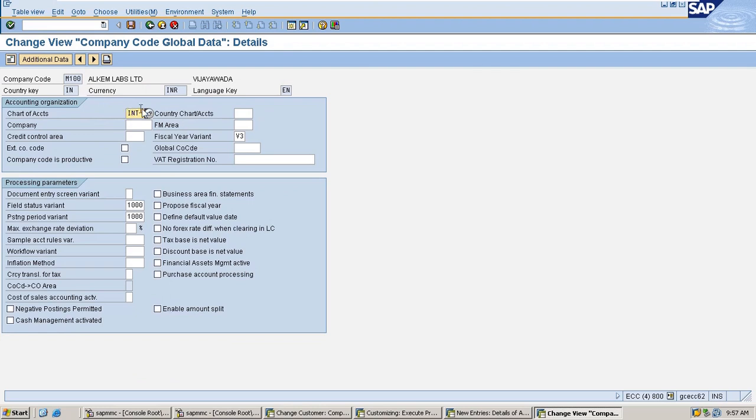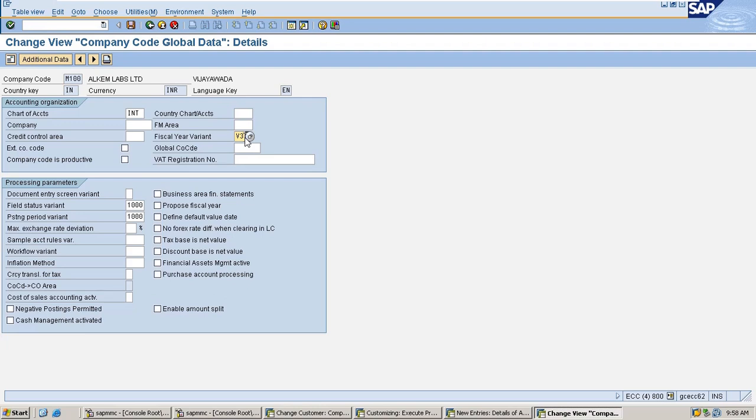Then here you have to give the chart of accounts as INT, fiscal year variant as V3, field status variant as 1000 and posting period variant as 1000. There are two types of fiscal year variants which we use: one is V3 and the second one is K4.